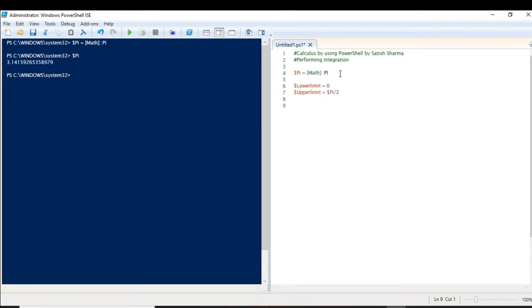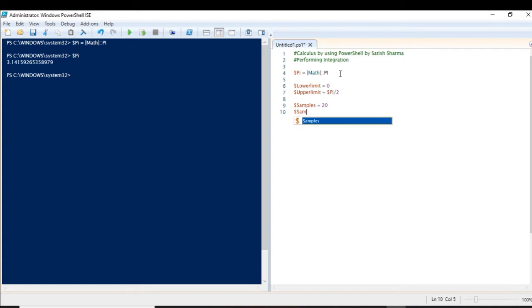Now let the total samples, for now, be 20. We are taking 20 samples for now, and then I will increase the samples, and you will see that the results will improve because the error will reduce. So this is total samples.